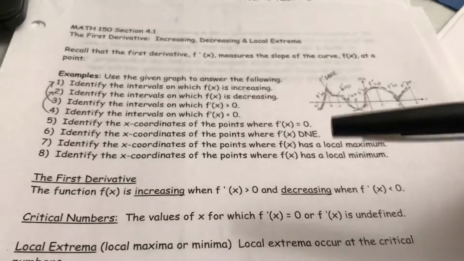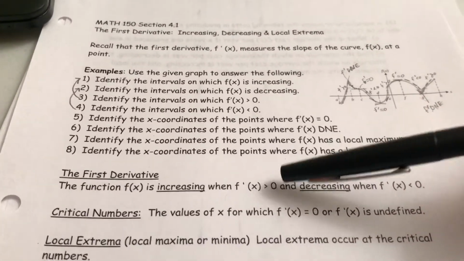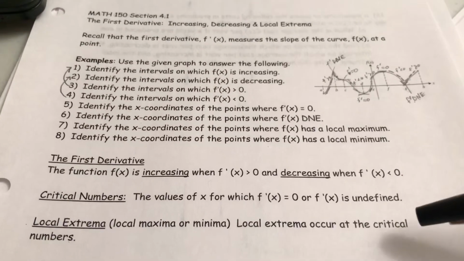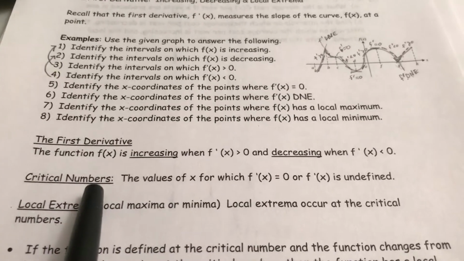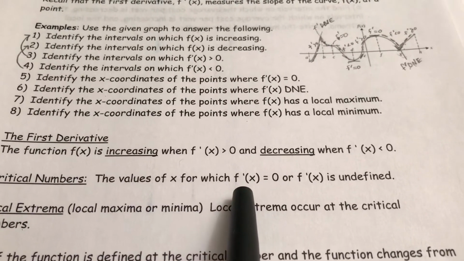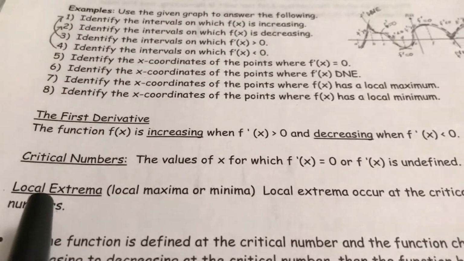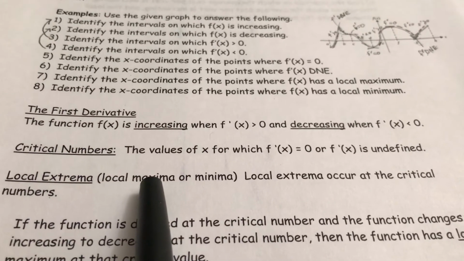We're going to be using the first derivative to analyze a function. So the first derivative, the function f of x is increasing when f prime of x is greater than 0 and decreasing when f prime of x is less than 0. That's kind of a formal statement of what we've been doing. The critical numbers, these are the values of x for which f prime of x is 0 or undefined. So those are going to give us local extrema, or local maximums and minimums. Local extrema, which is maxima, that's the plural of maximum in the math